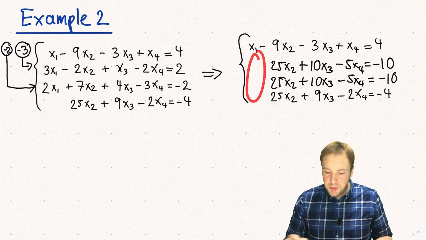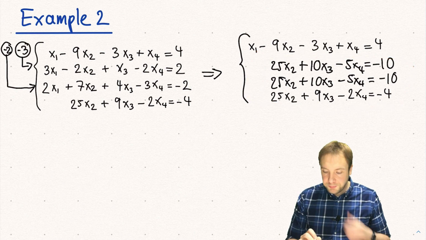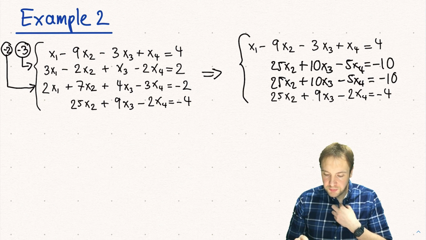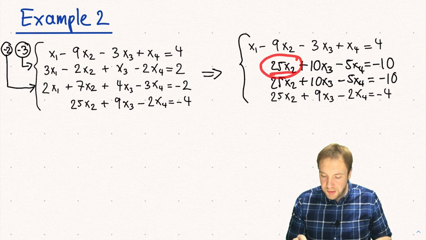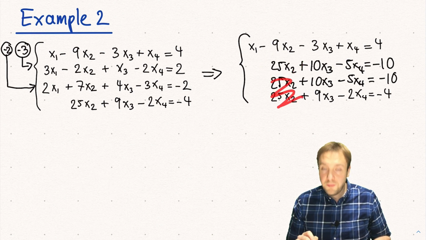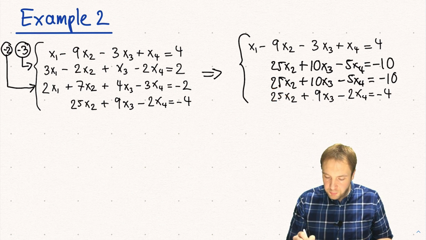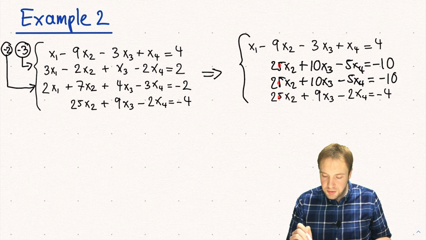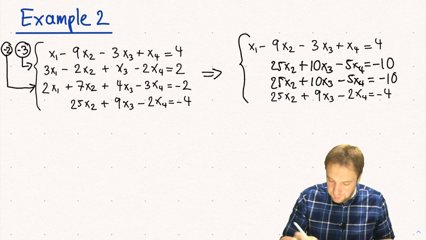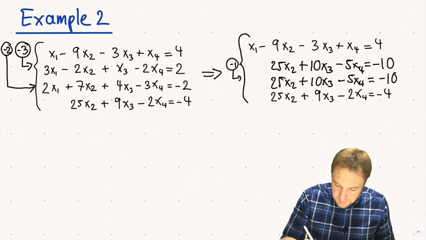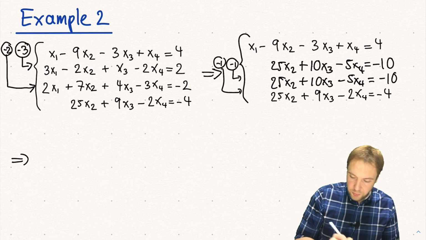So now we don't have an x1 anymore in the second, third and fourth equation. And the next thing we want to do is we now focus on x2, and we say we want to have an x2 in the second equation, but we want to get rid of x2 in the third and fourth equation. So in this case it's easy to see what we need to do, because they all have the same coefficient here, namely 25. So what we do is we subtract this from there, and we also subtract it from there, and what we get is,